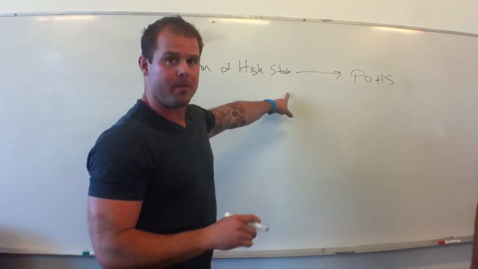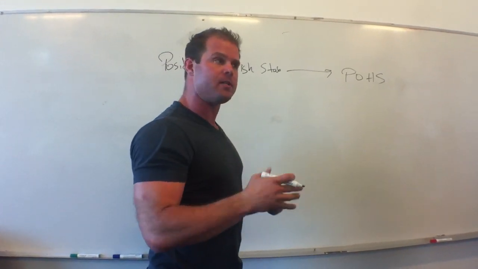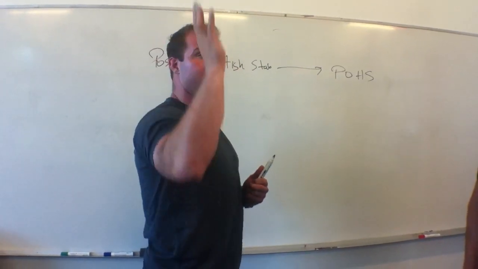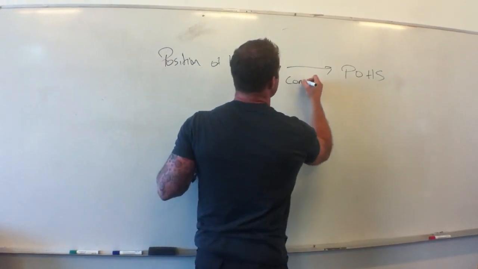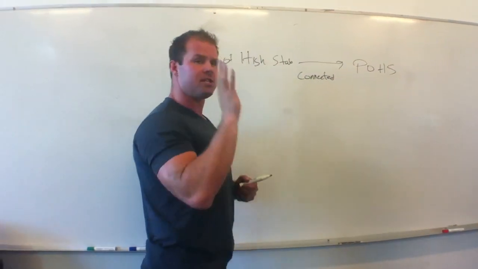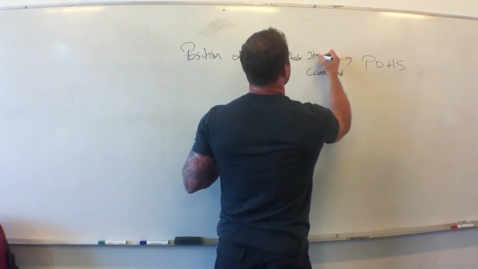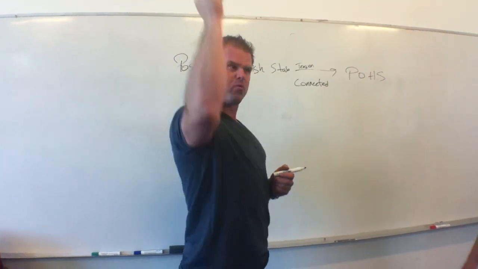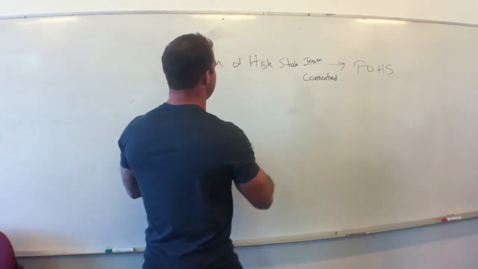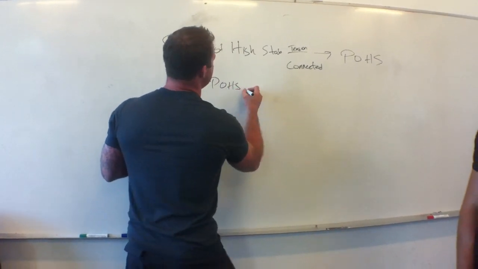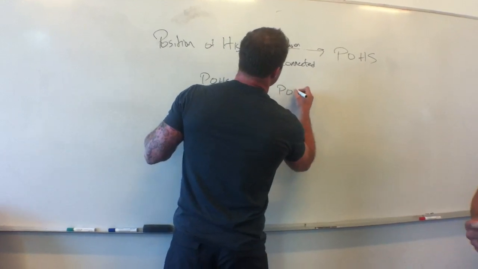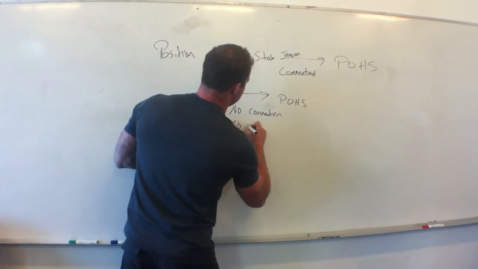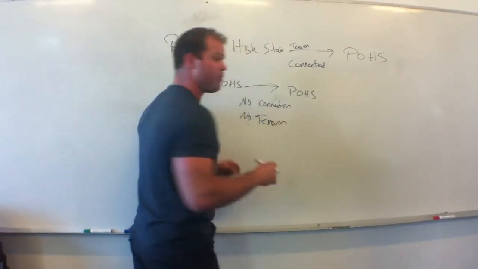Now, typically people who are hiding deficits or have poorly developed motor programs can hide some of their problems if they stay connected, which means that as long as there's tension through the system, I can typically go from one pseudo good organized position to another good organized position. Pressing is a good example. But as soon as we go from a position of high stability to another position of high stability with no connection and no tension, then suddenly the problems get magnified.